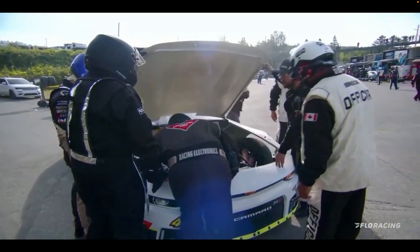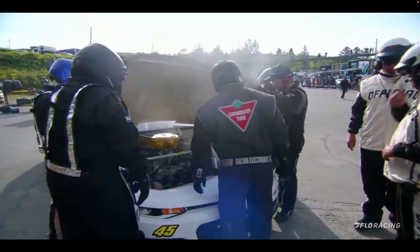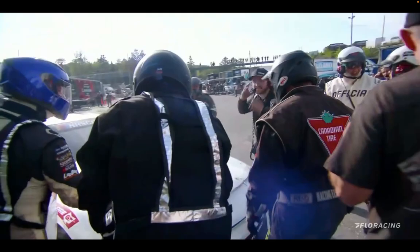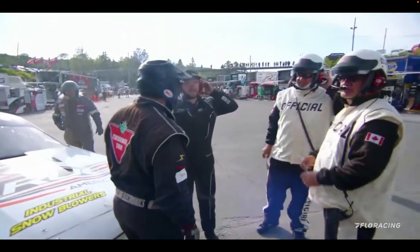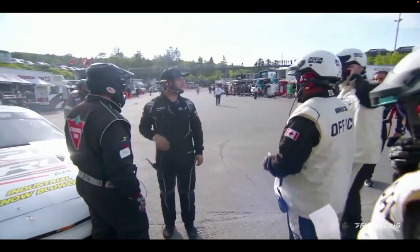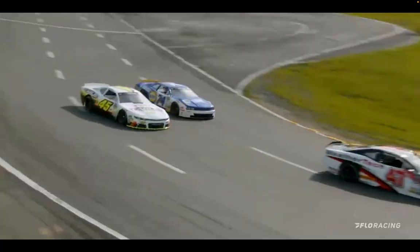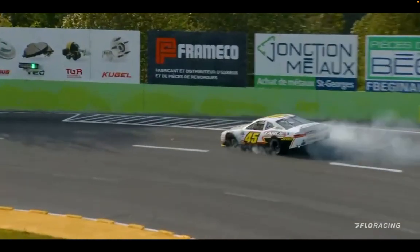Oh, okay, you want to talk about heat and comfort for the drivers, today is not a day to race without power steering. We can see Mike McCall looking over those crew members' shoulders. They're talking it out and trying to see if they have anything to fix it, and Joe Lawrence going for a strut here to see if he can find the parts they need to get Will LaRue